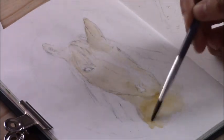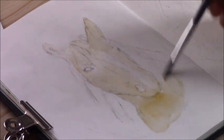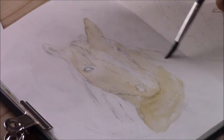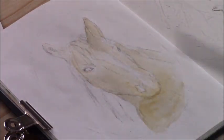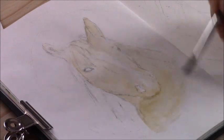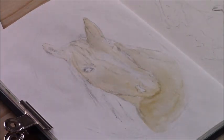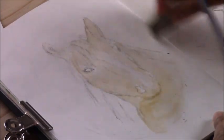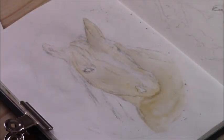Now if you are using gouache, I just want to mention a few things, if you want to know, or if you don't know. Gouache can be used in different ways. It can be used more translucent and transparent like watercolors. It can be reactivated like watercolors as well. You can get smooth blends by working wet in wet. So in a lot of respects it's like watercolors, but what makes it different to watercolors is that it can